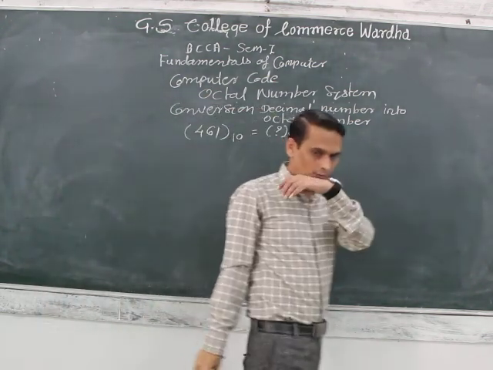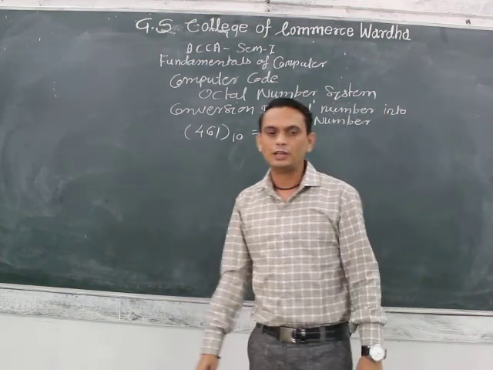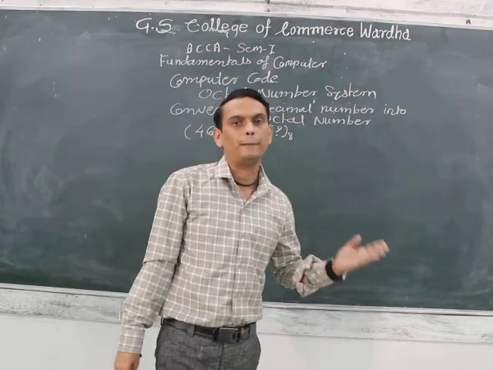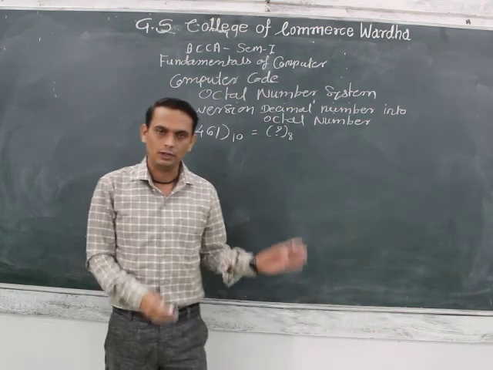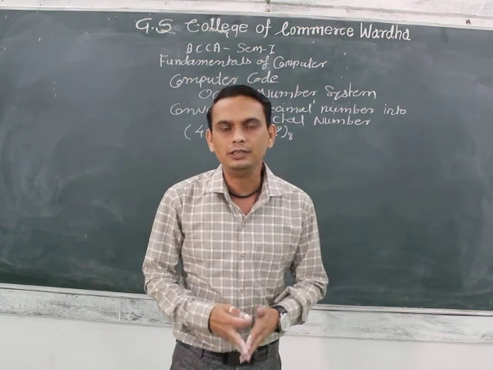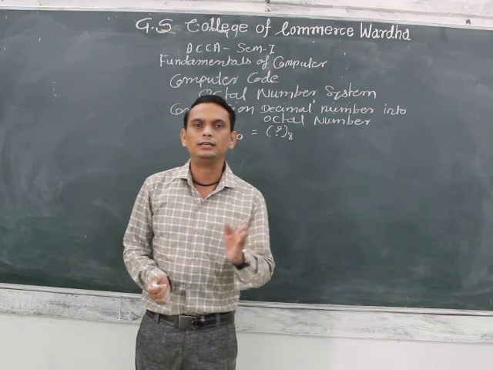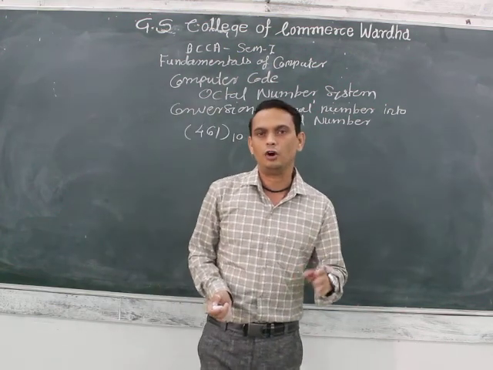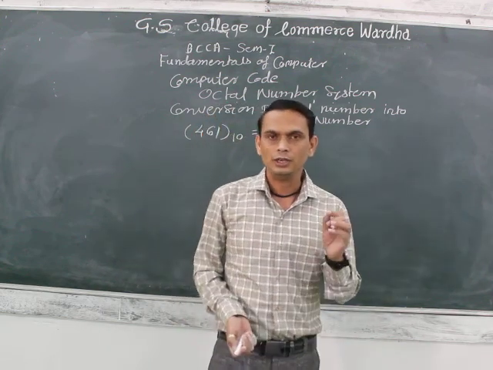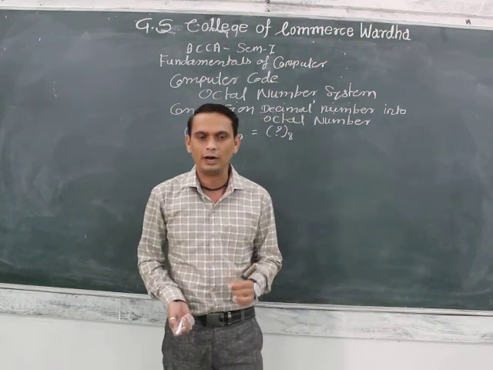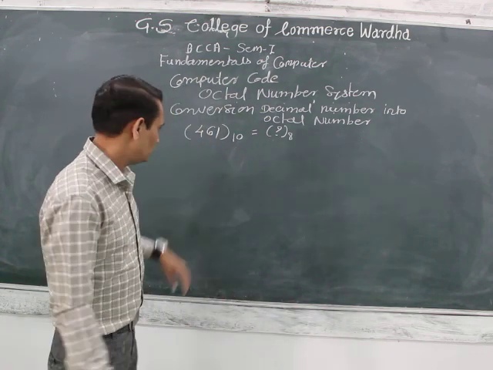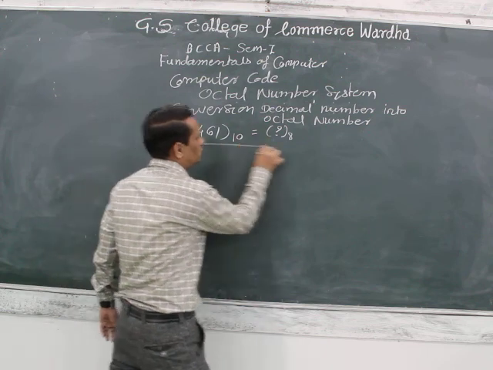We convert the decimal number into binary one. For that, we divide the provided number by the base value of a binary. Now we convert decimal number into octal number. So here we should divide the given decimal number by the base value of an octal one. The base value of octal is 8. So each value should be divided by 8 for converting decimal into octal. For that, again we should create the table.